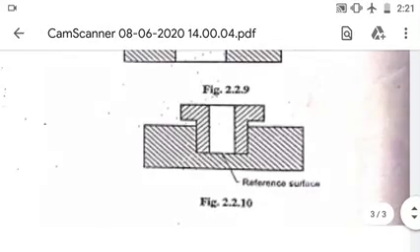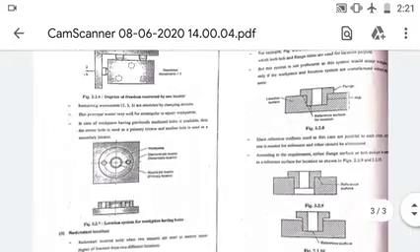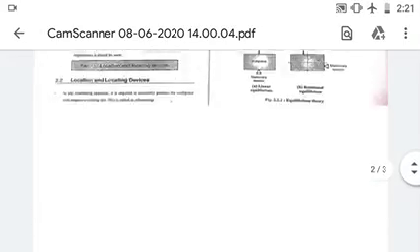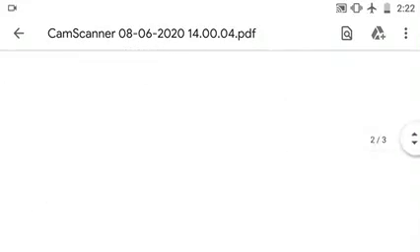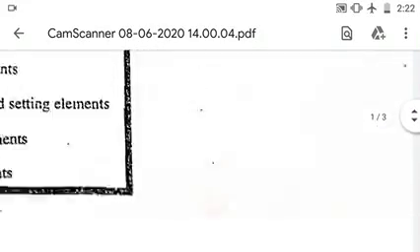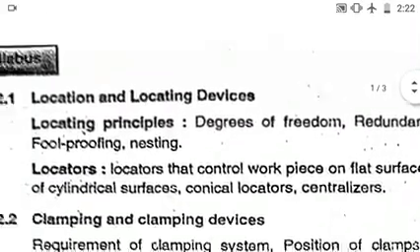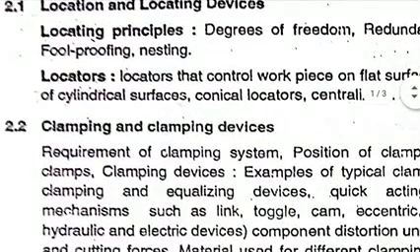So you have to understand three basic considerations over here, that is the position of the workpiece, then balancing of the equilibrium forces of the workpiece, and the most important part that you have to study over here or in the clamping or locating devices is how to